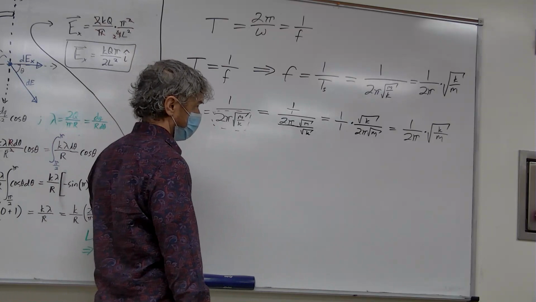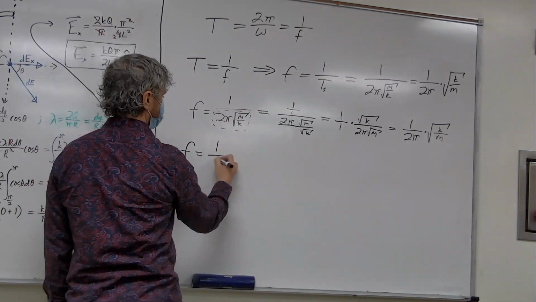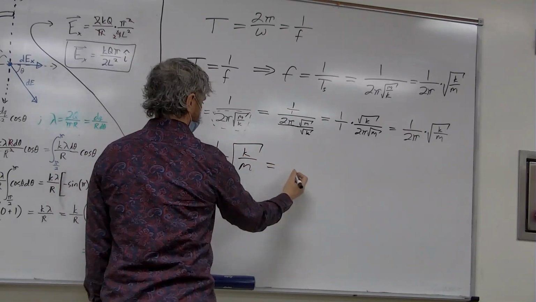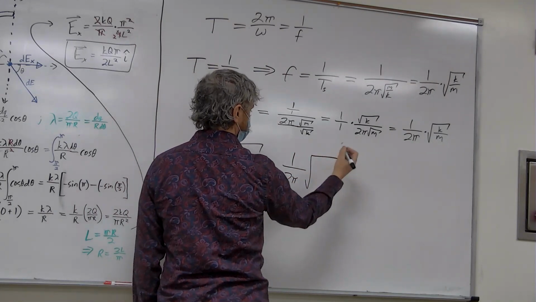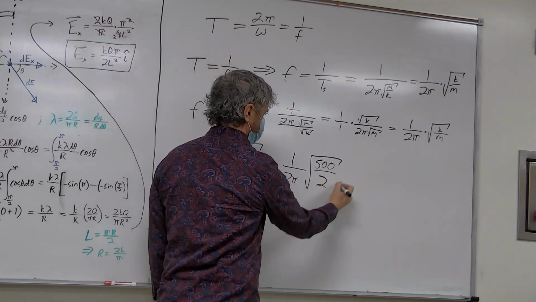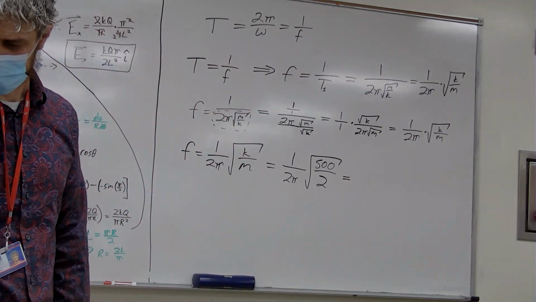All right. And so now I have an equation for the frequency. The frequency is 1 over 2 pi times the square root of k over m, which we can all do in our heads, I'm sure. 1 divided by 2 pi times the square root of the spring constant, which we determined already is 500, divided by the mass, which was 2, I believe. And that comes out to be